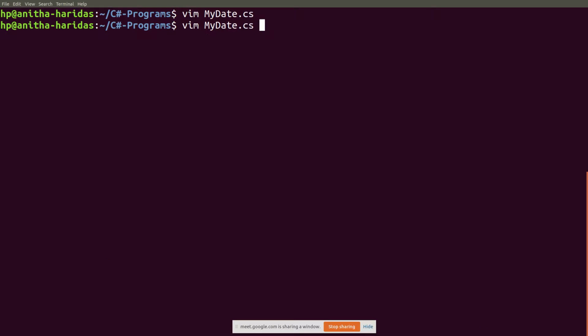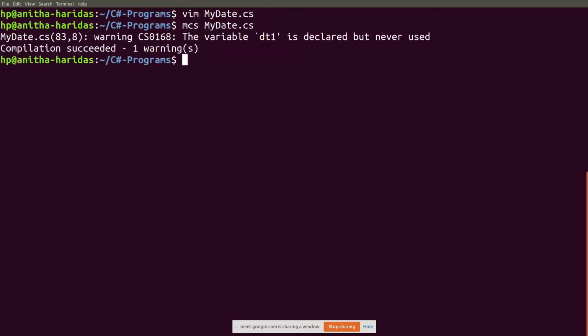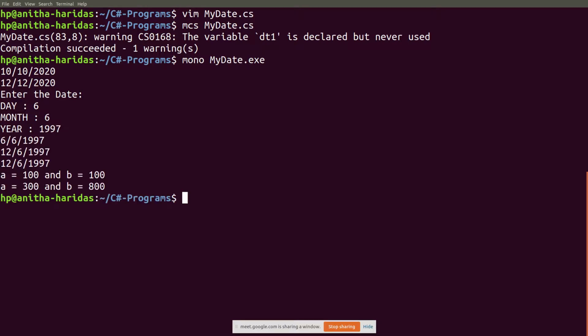When I execute this program, you can enter the day, month and year. Now you can see here a value is 100, and b was assigned the value of a, so both have the same value.